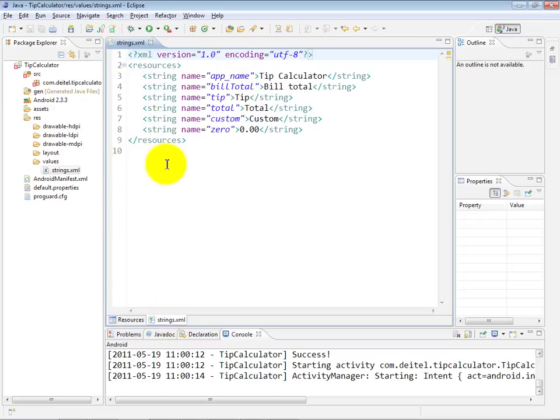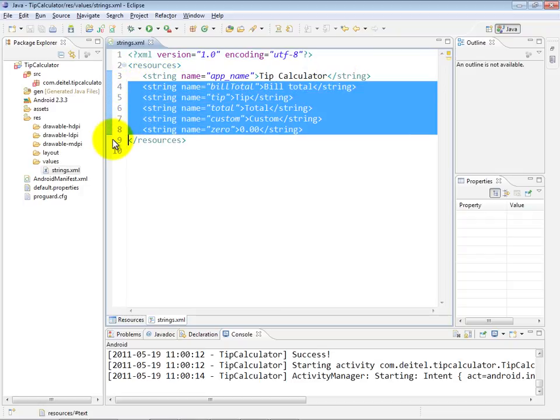I'll just show it to you in XML format here. The app name string was created for us automatically when we built the project. And we removed the hello string that's also typically given by default as part of the strings.xml file. And then we created these additional strings that you saw in the graphical user interface when we were testing the app. So for example, we saw the words bill total showing up to the left of the bill total edit